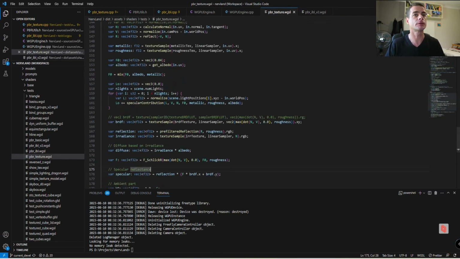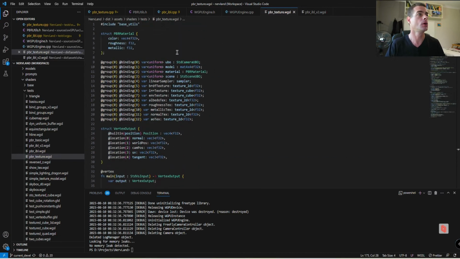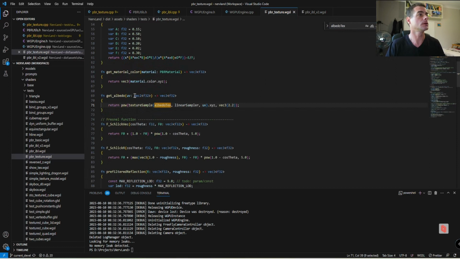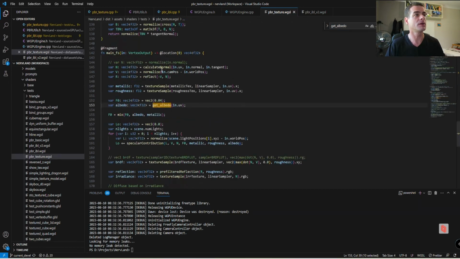And for the texture version, what we did was to simply provide additional textures here. So you see we're starting to have quite a few of them, in fact. And let's see where we actually use, for instance, this one. You're going to have a dedicated function to get the albedo, which is going to call the sampling here. And get albedo is something that we do only once in the main fragment code here